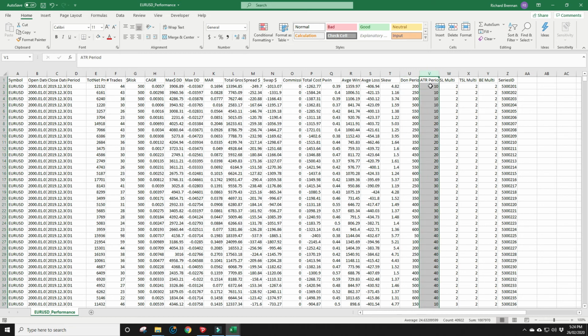The ATR period used for this iteration was a 10 ATR period. Stop loss multiplier was using 2 ATRs for our stop loss. Trailing stop multiplier was using a 2 ATR trailing stop, and our break-even multiplier was moving to break-even at 2 ATR. And we have the performance results from column E up to column T, which detail the total net profit,